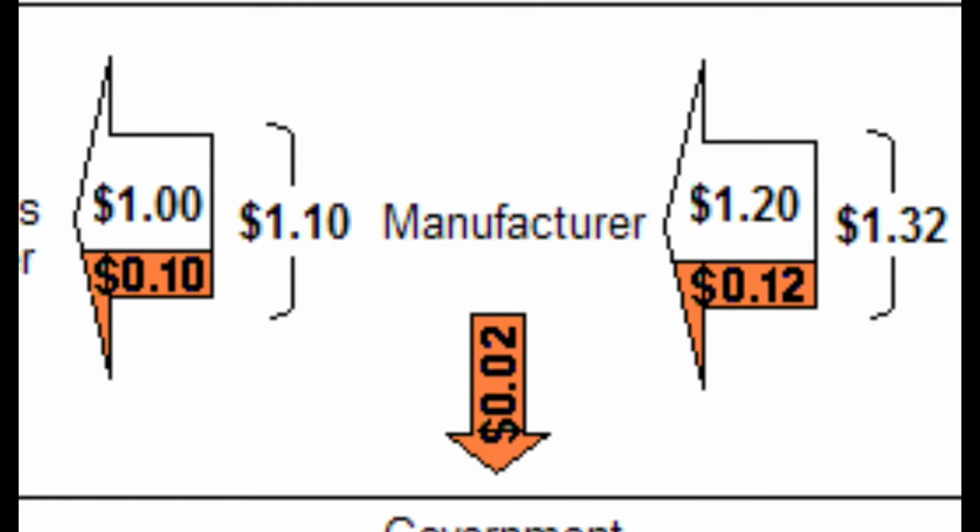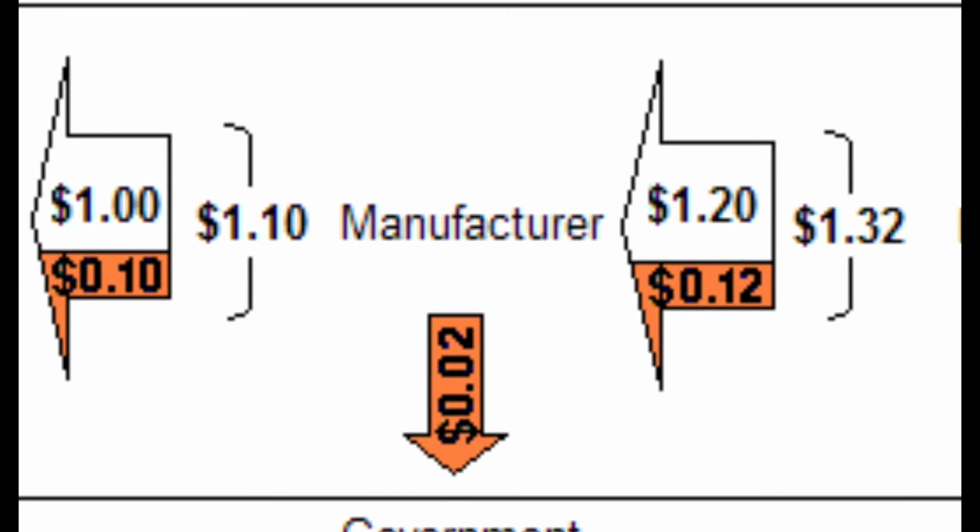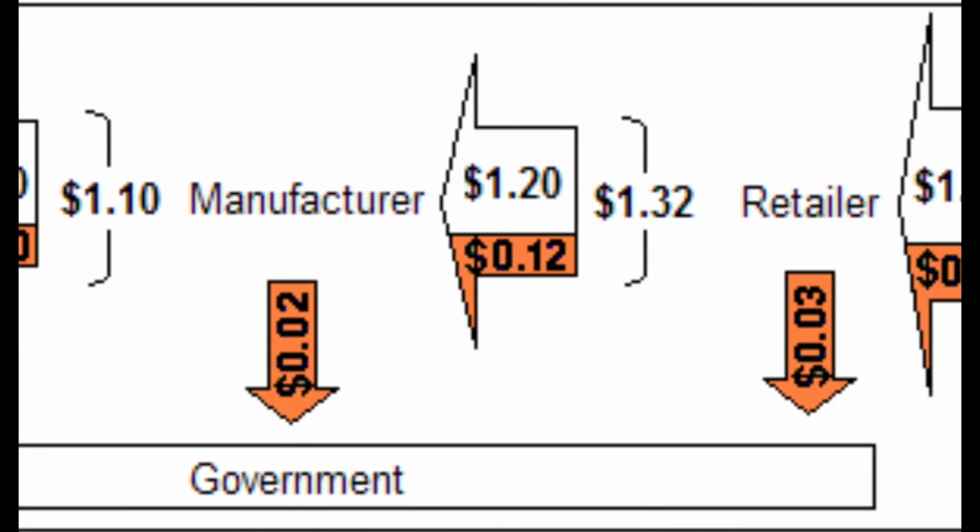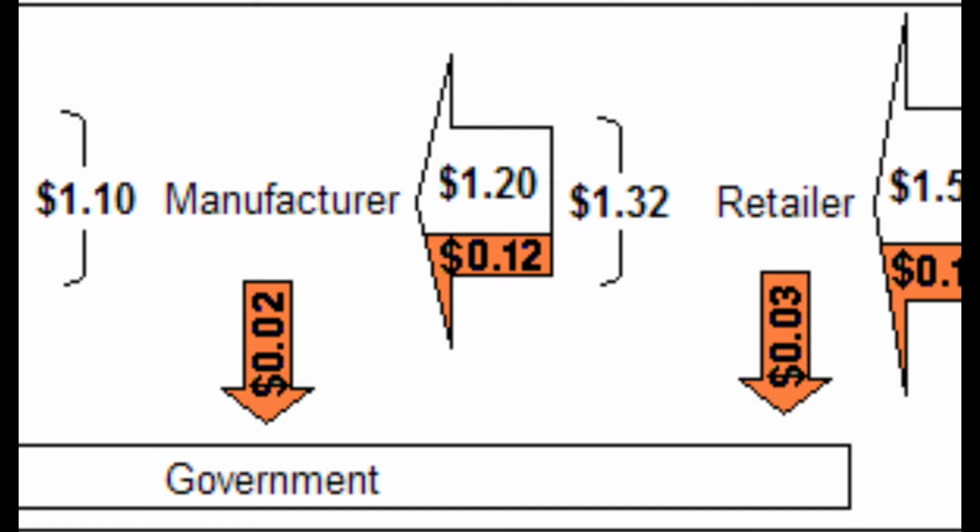Now the manufacturer of course had to incur some cost in making the chairs, and just like in the previous example, he decided that after keeping a profit margin for himself, he will sell the chairs for $1.2 to the retailer. But here the manufacturer will charge sales tax or value added tax because it's a VAT system, and 10% of $1.2 is $0.12. So if you add 1.2 with 0.12, it sums up to $1.32. So the manufacturer will sell the chairs to the retailer for $1.32.